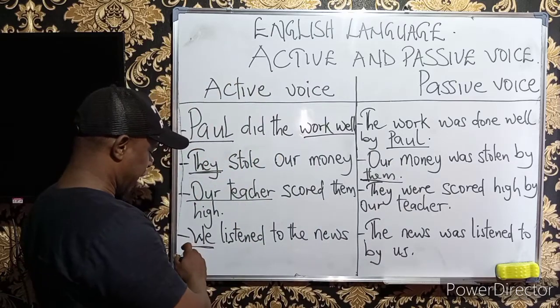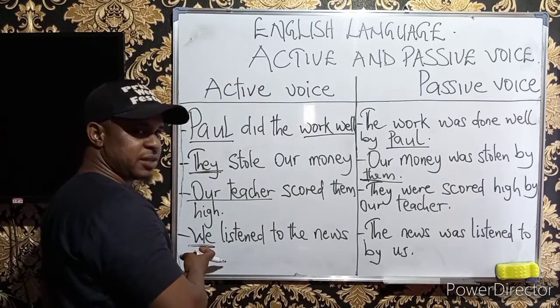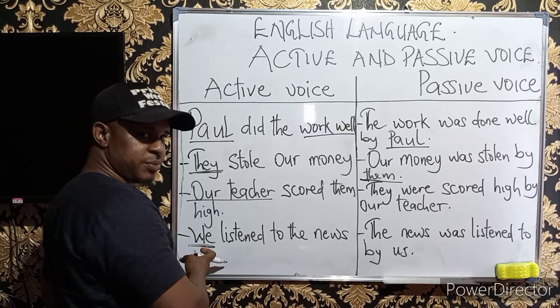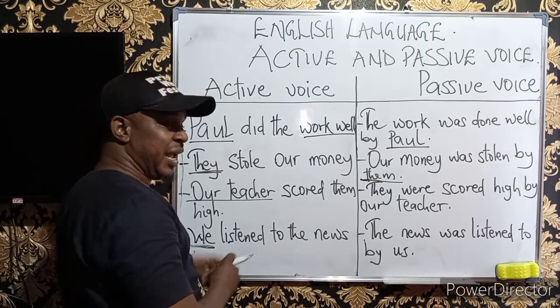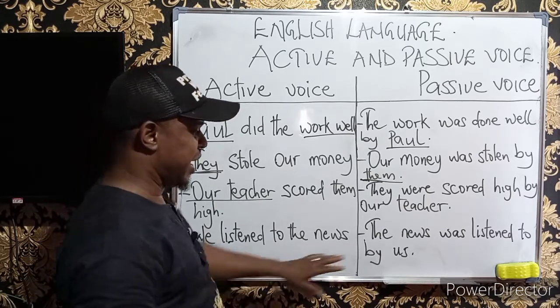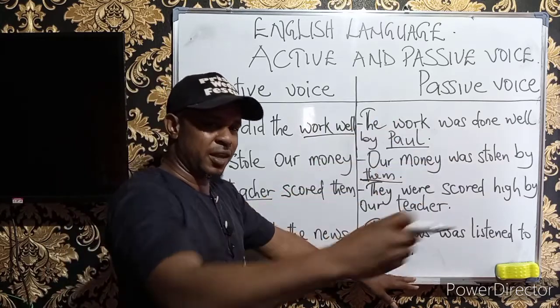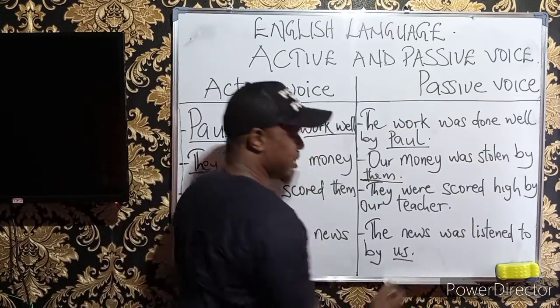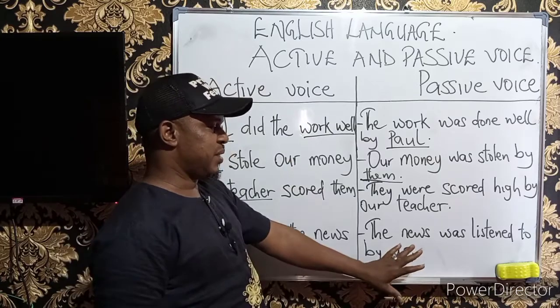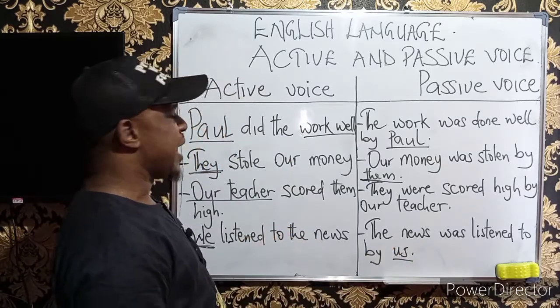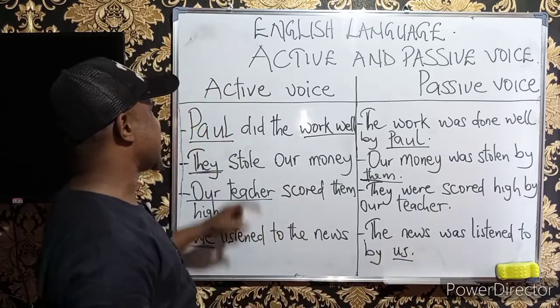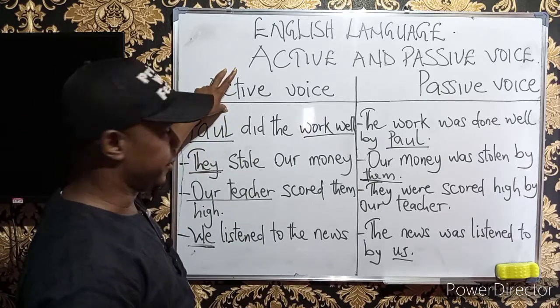Now, take a look at this. We, the subject of the sentence, is in the subject case. But here it goes to the objective case and becomes us. Now, apart from these things that I have said, I also expect you to understand that in active voice, actually,